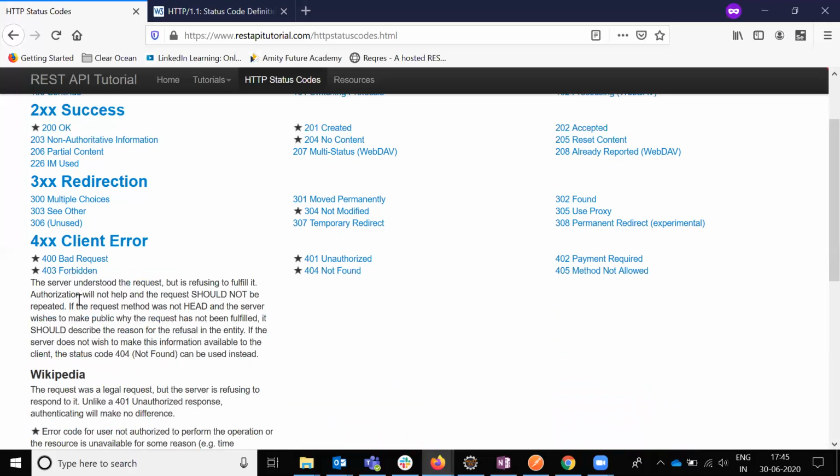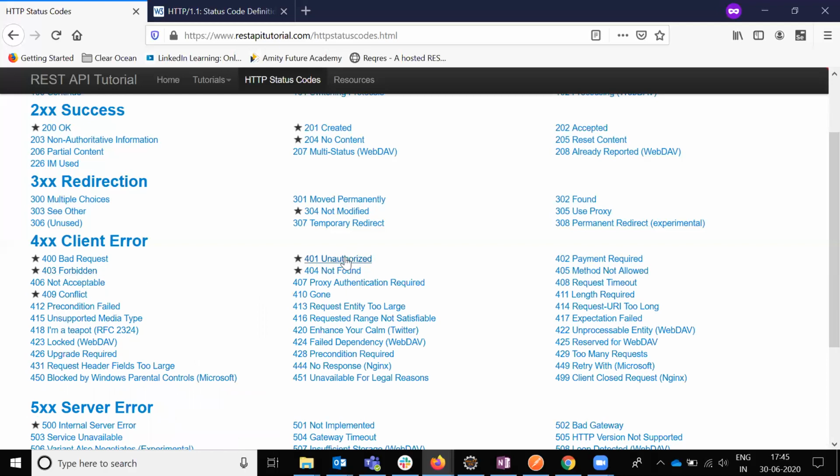403 is basically when the method is not present. You see, at POST time you are using one URL, and the same URL most of the time will not be present, but sometimes it will. Imagine at creation time you are using one URL, and the same URL you copy and paste into PATCH or POST time. If you hit it, the method will not be present. Okay, if you are using GET also, if the method is not present, it will show the 403.